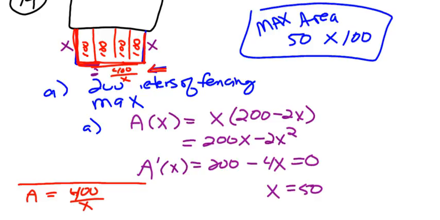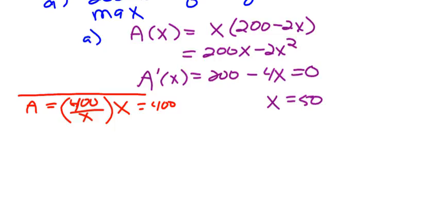If I divide it by x and multiply it by the side lengths to get my length times width, I get 400, which is what we have. We have in there that rectangular complete penned area is 400 meters squared. So I need to go ahead and set it up as 400 divided by x. So I'm going to use this concept then and try to minimize my fencing. So if I say I have this as my dimensions, x times the 400 divided by x, 400 meters squared, I need to say that my fencing or the perimeter of the rectangles that I need are